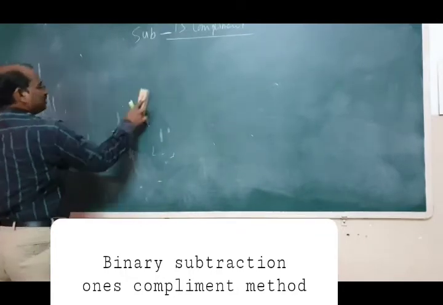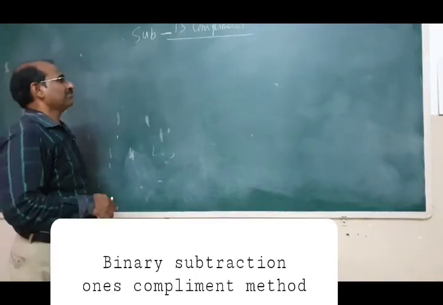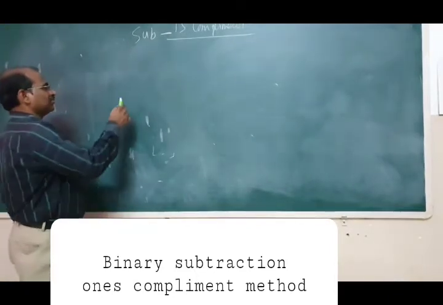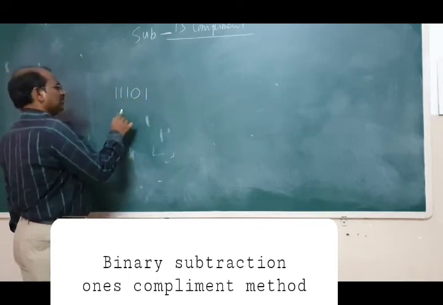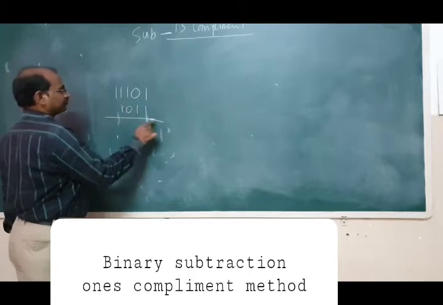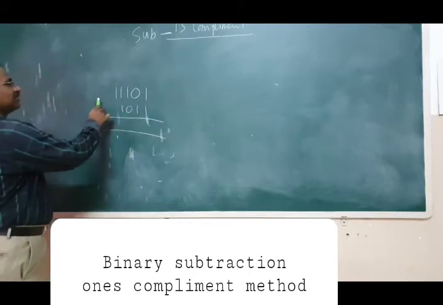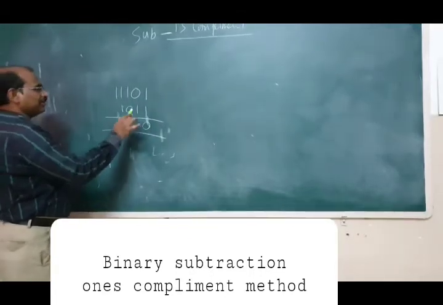We will do 2 more examples so that you will understand the topic very well. So one more we will do: 1 1 1 0 1. Now we want to subtract 1 0 1 1. So what is this one? 1 minus 1 is 0. Equivalent decimal also I will write.